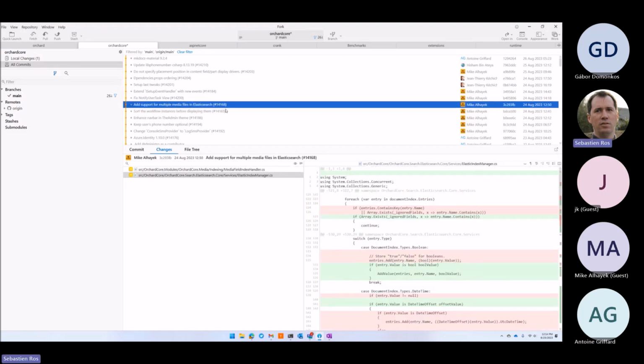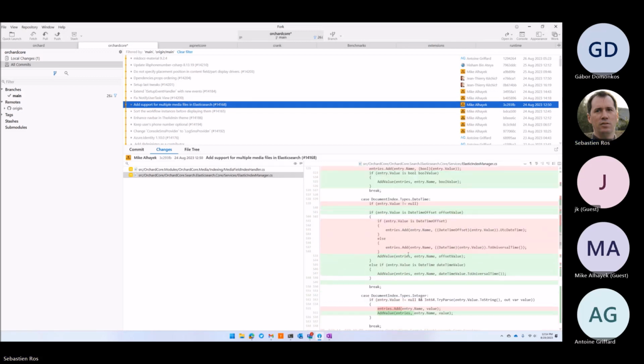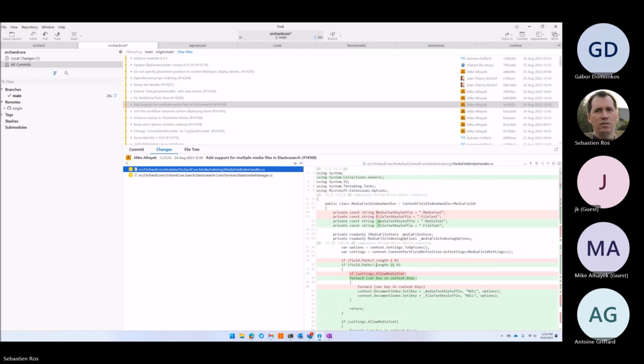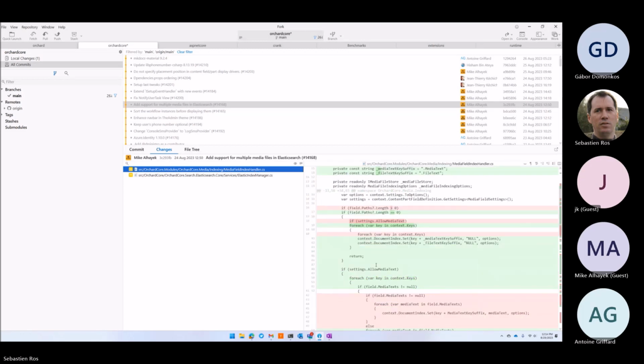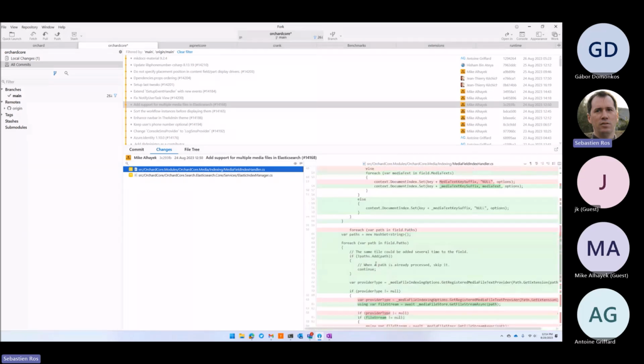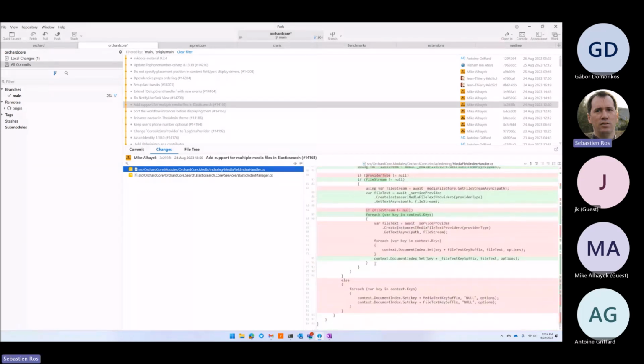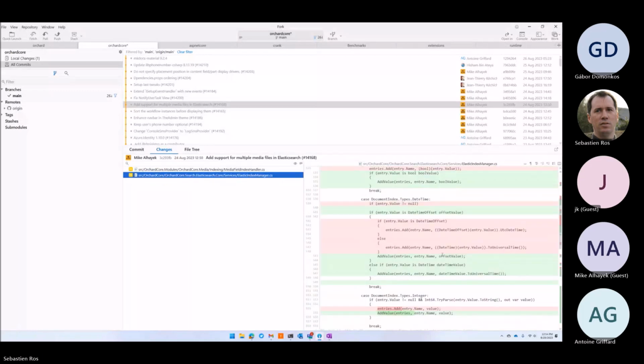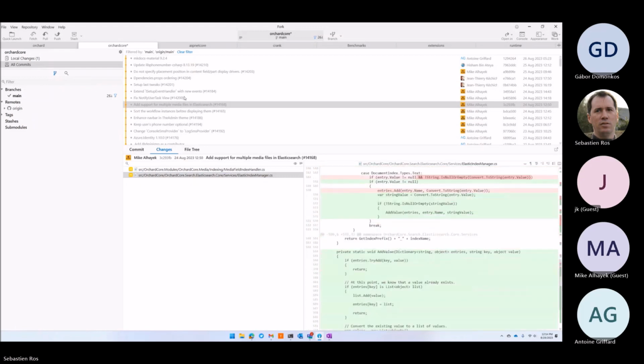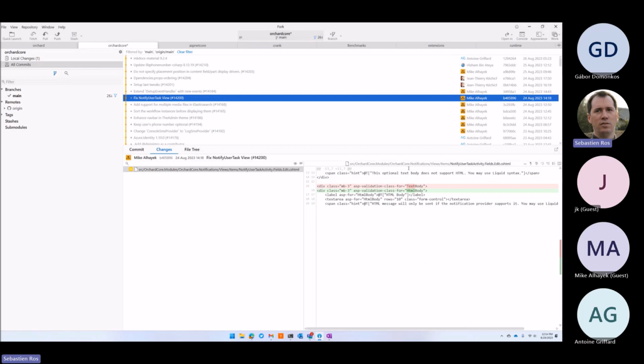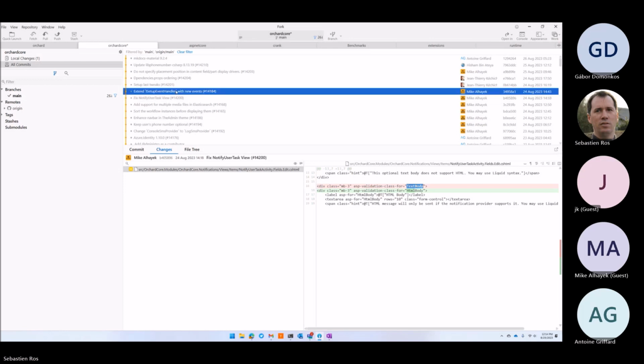Support for multiple media files in Elasticsearch. Yeah, so this is adding the content of multiple media and not overriding the previous content. So fix NotifyUserTask View. Okay. Next,